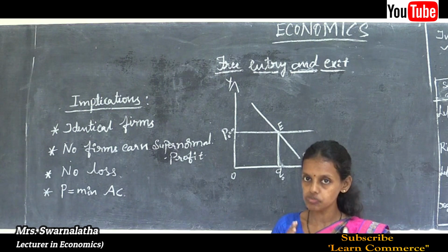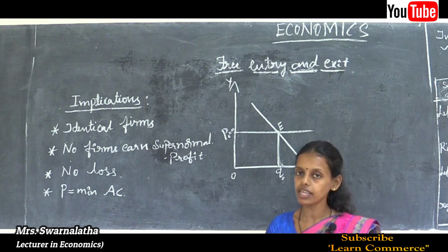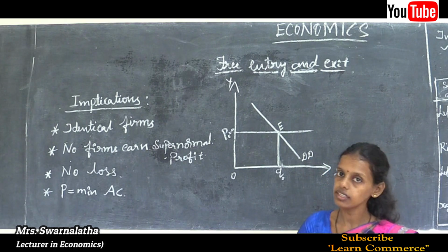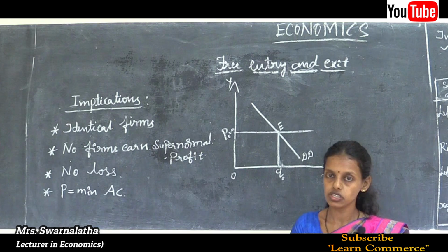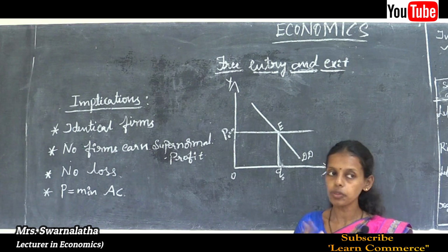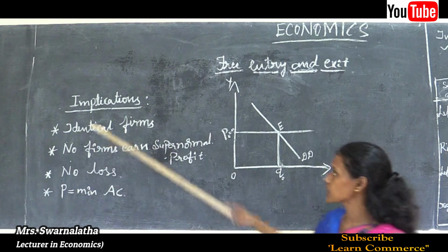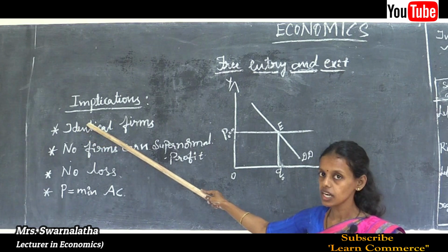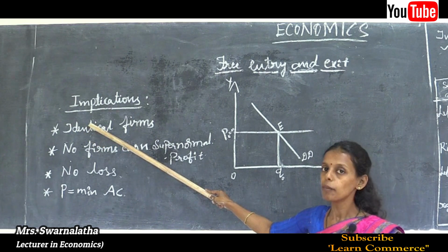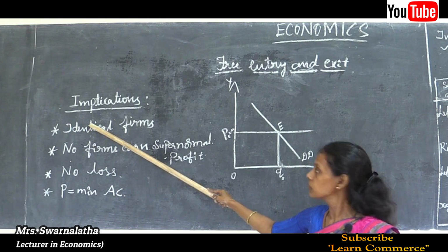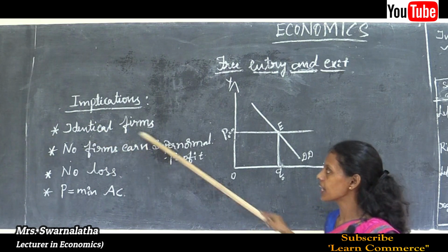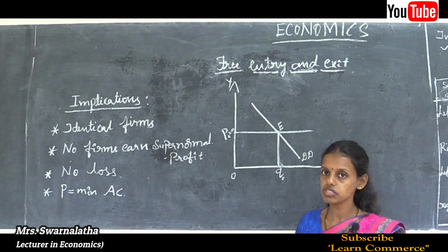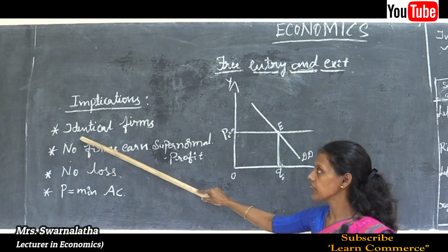On the basis of these features, we are going to study how the market equilibrium occurs through price determination with free entry and exit. When free entry and exit occurs in the firms, there are implications, and there are some assumptions through which we can study them. First, we are assuming that under the perfectly competitive market, the market is in equilibrium only when the firms are producing an identical product, meaning all the firms are identical.